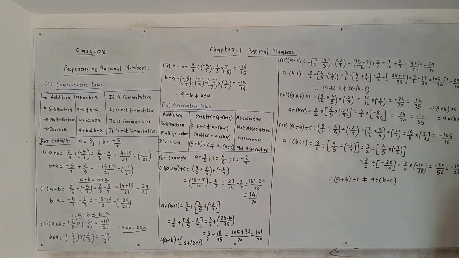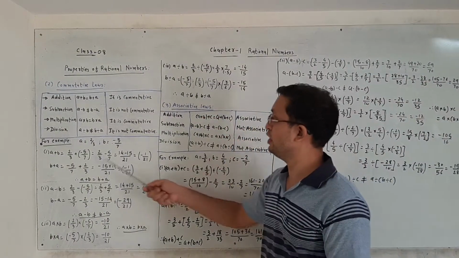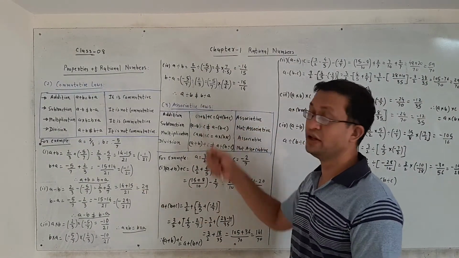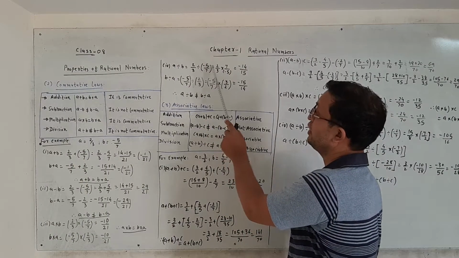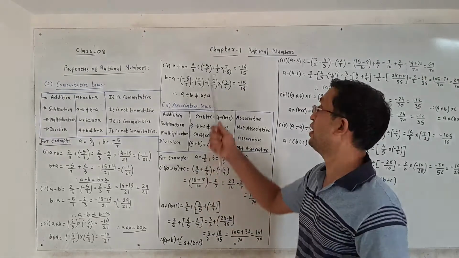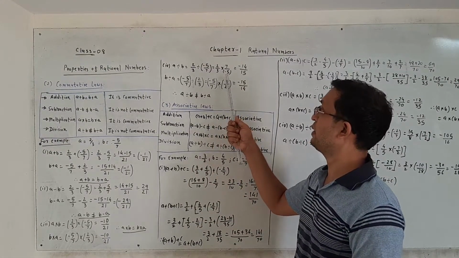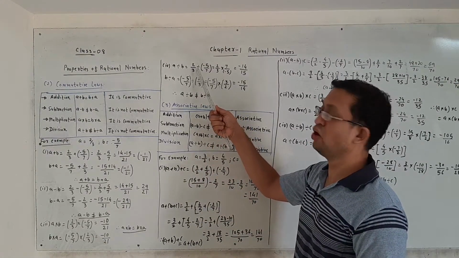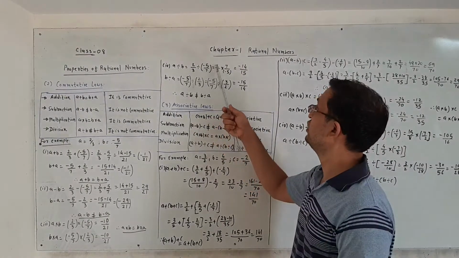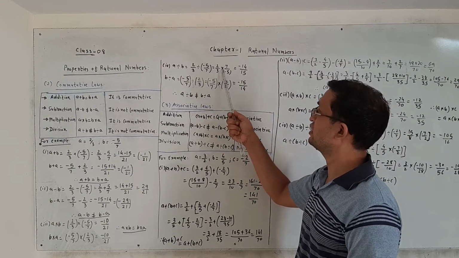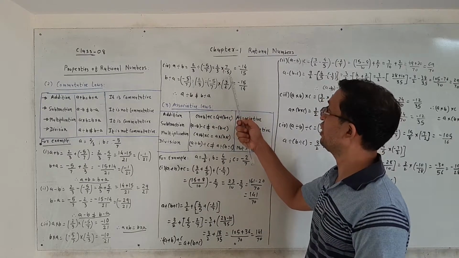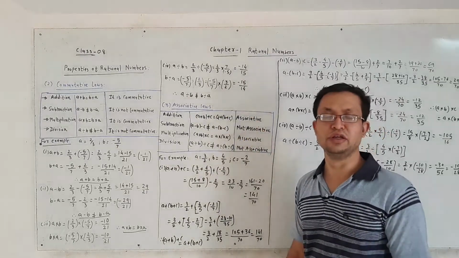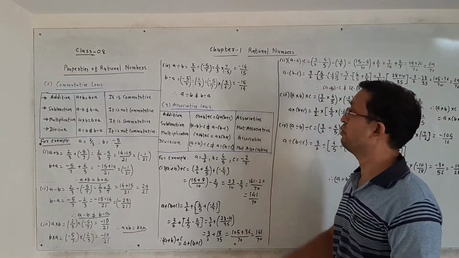Okay. Next, fourth one, a divided by b. A means 2 by 3 divided by negative 5 by 7. 2 by 3 as it is, divide by minus 5 by 7 means multiply by the reciprocal of minus 5 by 7, that means 7 by minus 5. Therefore division becomes multiplication by the reciprocal. 7 times 2 is 14, 5 times 3 is 15, negative sign always in the numerator, that is negative 14 by 15.